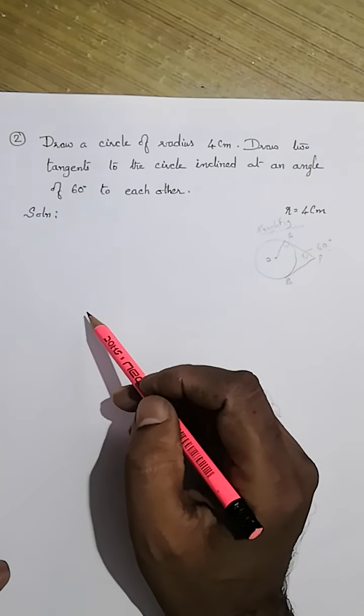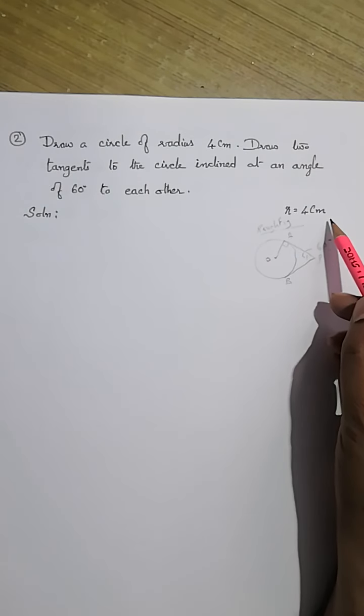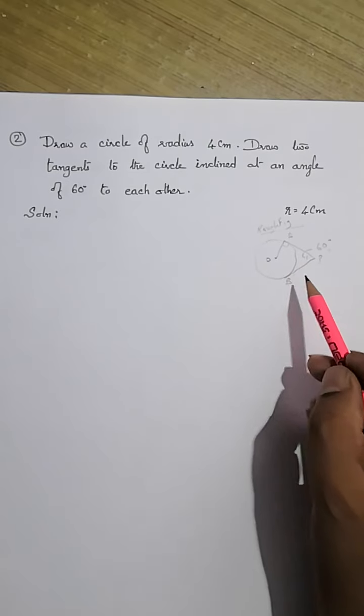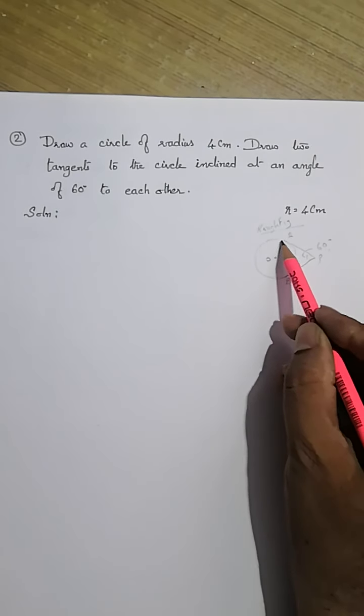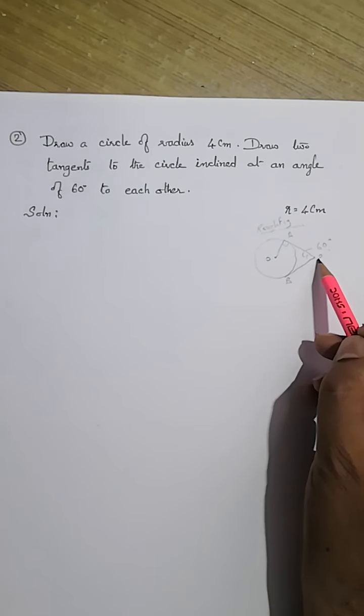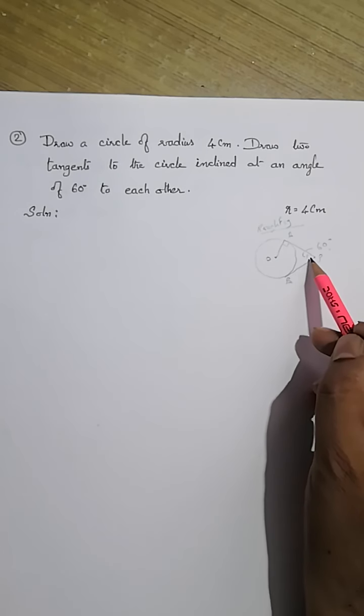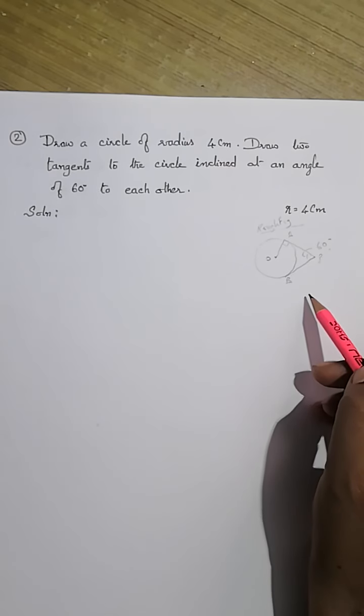Here they have given the radius R as 4 centimeters. Let us take a rough figure. Let this be a circle and let P be the external point from where we are having two tangents PA and PB which are inclined at an angle of 60 degrees. As we know,